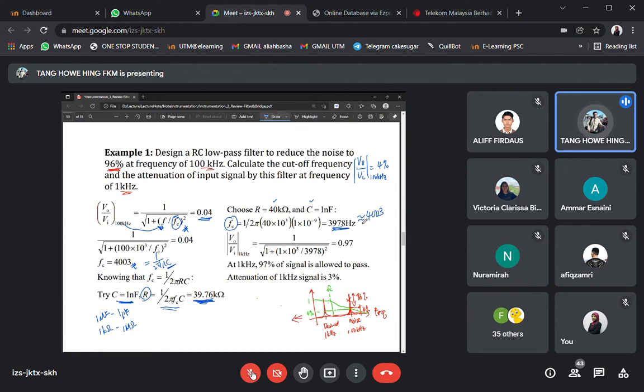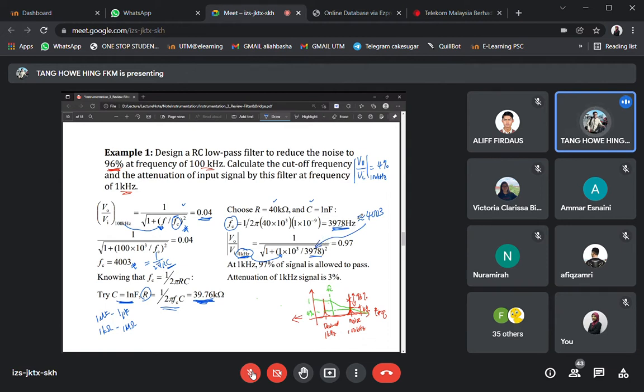Right, so now we want to determine what is the effect of these low pass filters on the desired 1 kilohertz. So that's why we substitute 1 kilohertz, and then let's see how is the suppression of this desired signal due to the low pass filters. All right, so we substitute into these formulas again. The only difference is that because we are interested to know 1 kilohertz, we substitute 1 kilohertz into here for the frequency, and then the cutoff frequency,